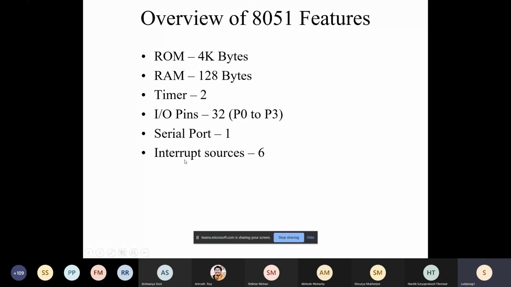Then there are different interrupt sources. Interrupt means the processor is working or executing a code, and now if you generate a disturbance in the flow of the code, that is a logical disturbance, and we call that an interrupt. While the processor is executing a program, we request, before the execution completes, another operation to be serviced or another program to be executed in between. We call such an operation an interrupt.